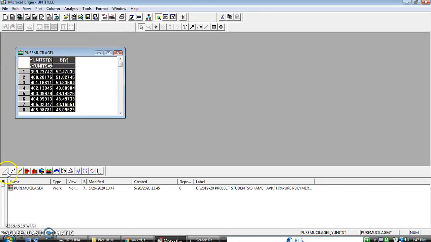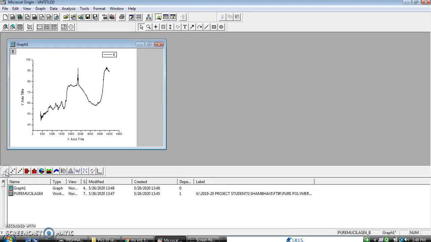Now you have to plot. For plotting you will be going down, as you can see my cursor is exactly pointing out here. Since we are plotting this analytical file, we will be going for the line version. We will not go for scatter plot, neither for line or symbol plot or any other plot. So we better go for the line plot. As I click on this, immediately your data gets plotted into this particular file.